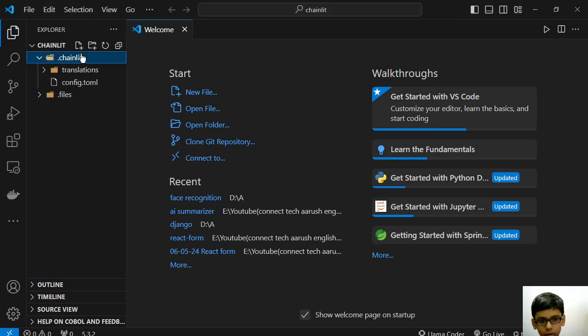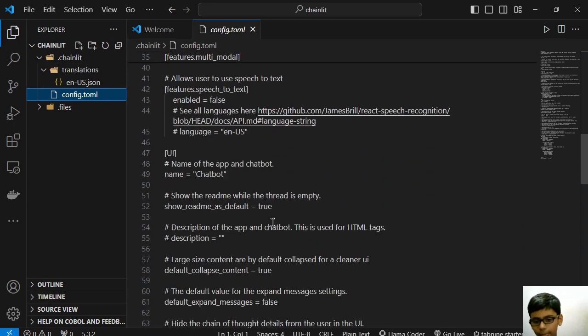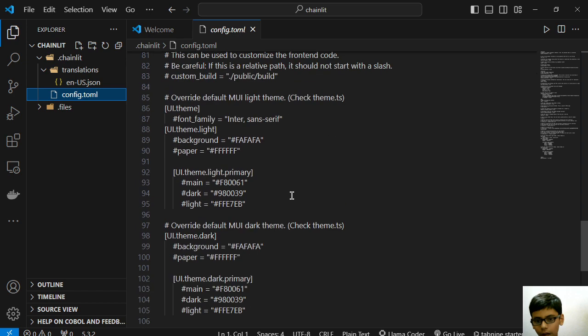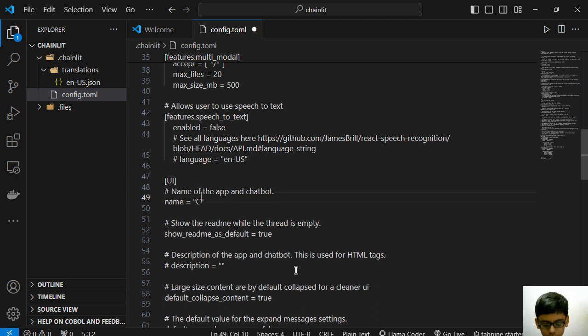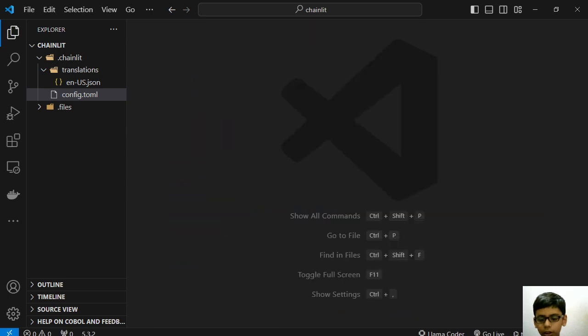Run. Yeah, we have this. So I have to go down, and we have a chatbot. We can name it chainlit. Now we can close it,